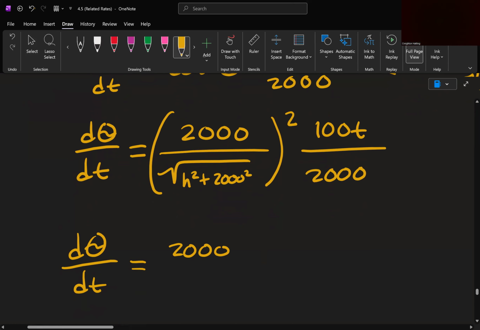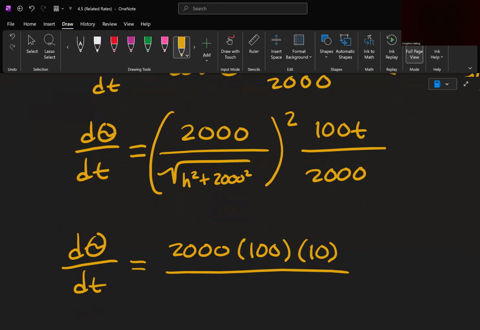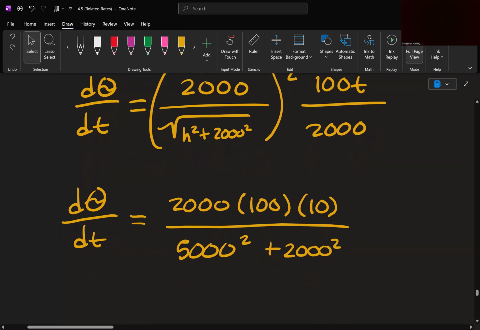And also, I know what t and h are equal to, so I can substitute those values at this point. So if I combine my fractions and substitute my values, I'll have 2000 times 100 times 10 over 5,000 squared plus 2,000 squared. If you aren't sure where any of those values come from, you need to know, so make sure that you figure that out. If that step was confusing, you could always email me and ask me to explain more, but for the sake of time, I hope you understand. Just notice that this is h, 5,000, remember, is h. Okay, so if I simplify the math, you should get 2 over